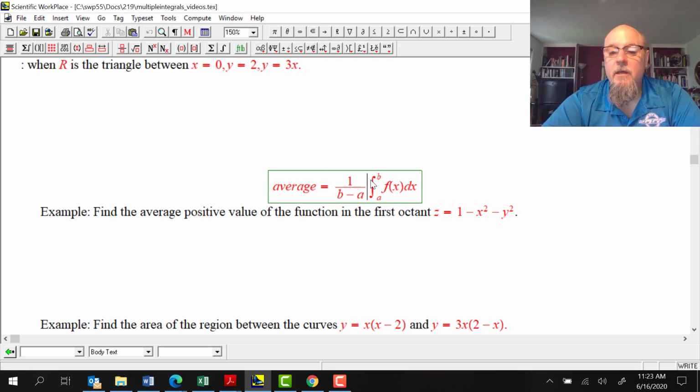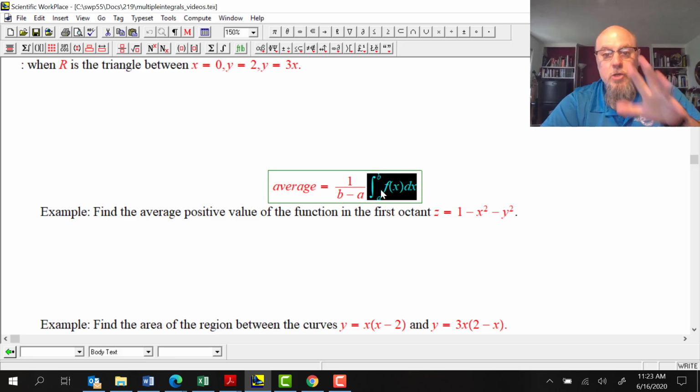Read it as the area under the curve divided by the length of that curve. And it kind of makes sense, right? Because if this was an area being like meters squared, I'm looking for the average height of the curve. So meters squared divided by meters would give me meters. The units make sense for the average. I want the